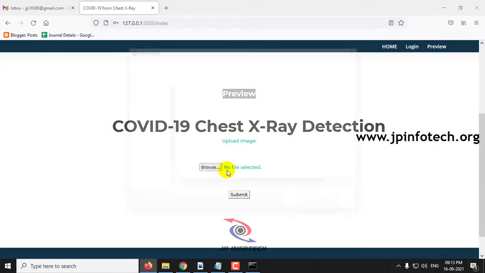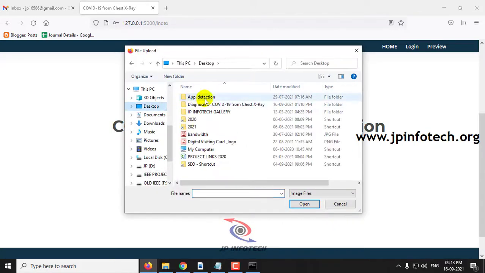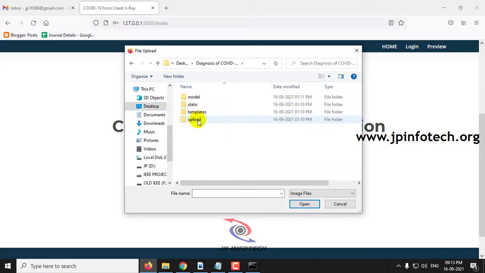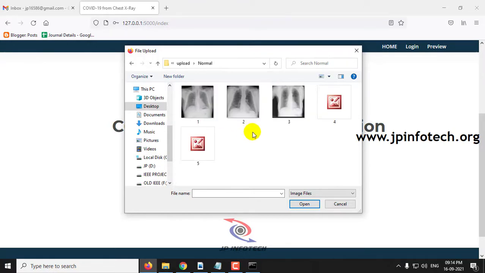Just click the browse button, go to the source code location, and you can see the upload folder, which consists of the three classes that I mentioned earlier: COVID, normal and viral pneumonia. First let me go for the normal case.